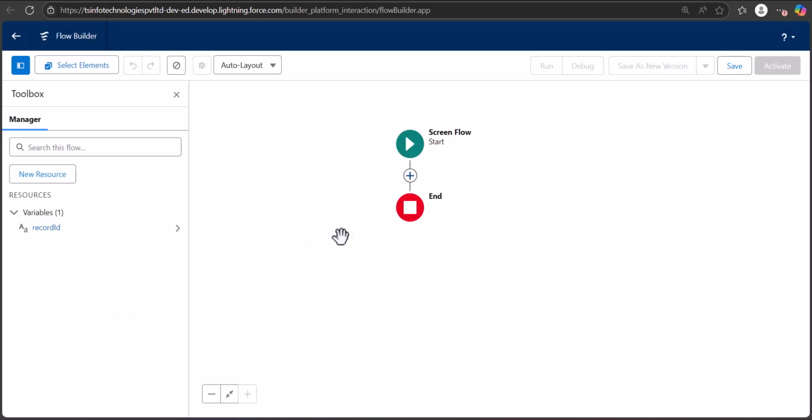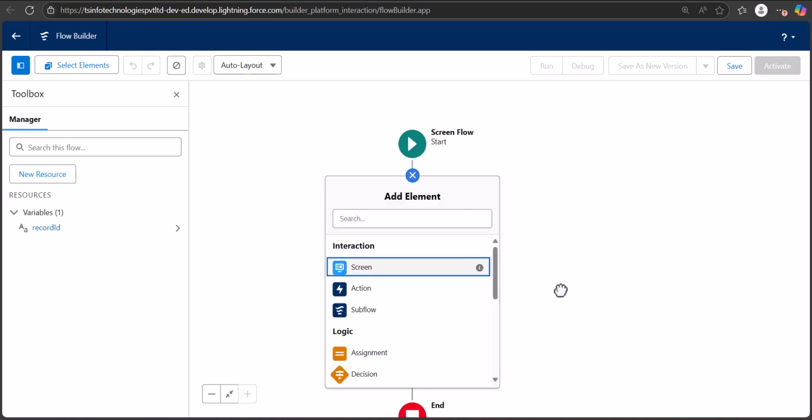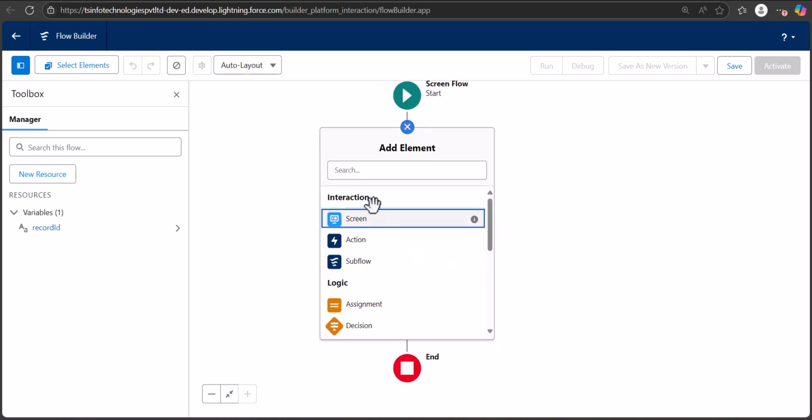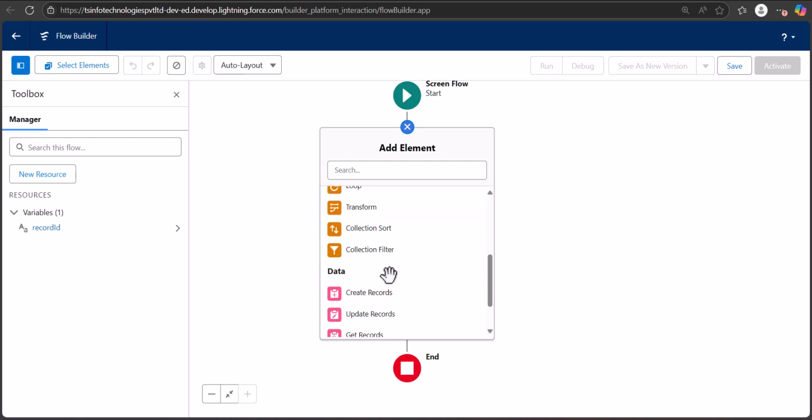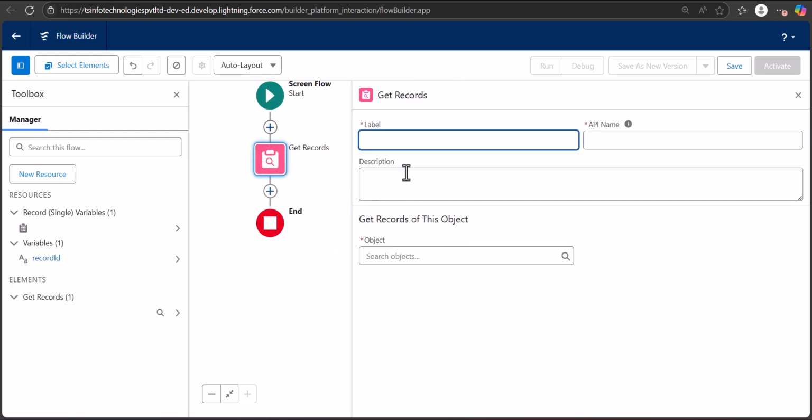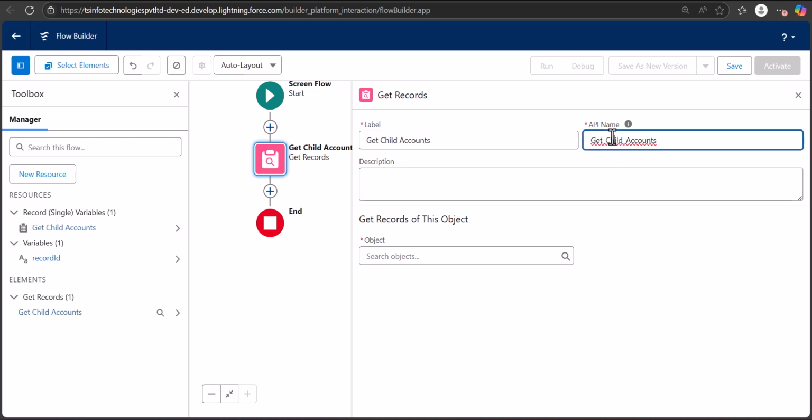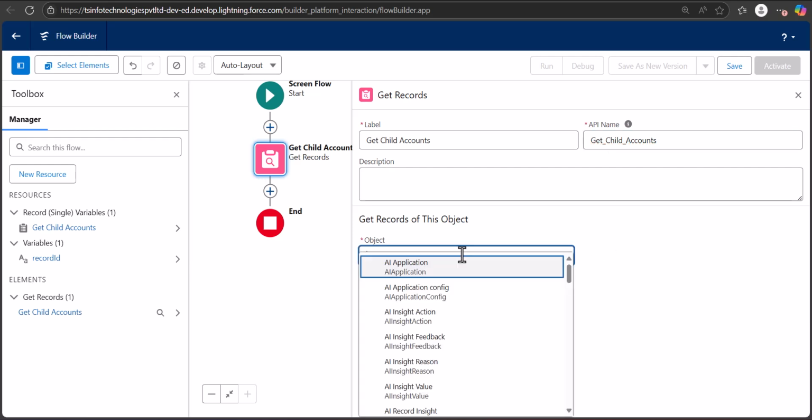Now we are going to add the Get Records element to get the child accounts. Here I have added the Get Records element and I will label it as Get Child Accounts, and the API name here will be autofilled. Here we have to select the object. The object here is going to be Account,